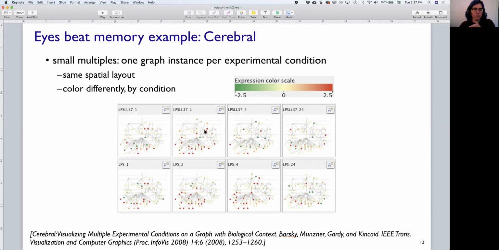And by simply moving your eyes between those views, you can really more easily see, again, in this example that things are roughly the same. This is an experimental intervention on the top versus the standard one on the bottom. And it's time 1 hour, 1, 2, 4, and 24 hours after the intervention. So they pretty much align at that first hour and even that second hour, but there's really a disparity between